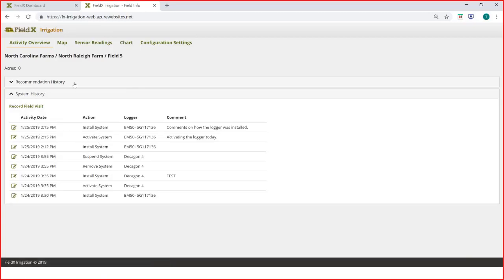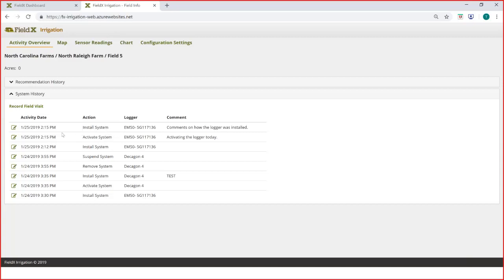All right, so this is going to list all of the details of what has been happening with these loggers in the field. So you can see previously back on, well, yesterday, I installed a system, worked with it, activated it, removed it, and actually suspended that system yesterday so that I could have this field fresh for today's install